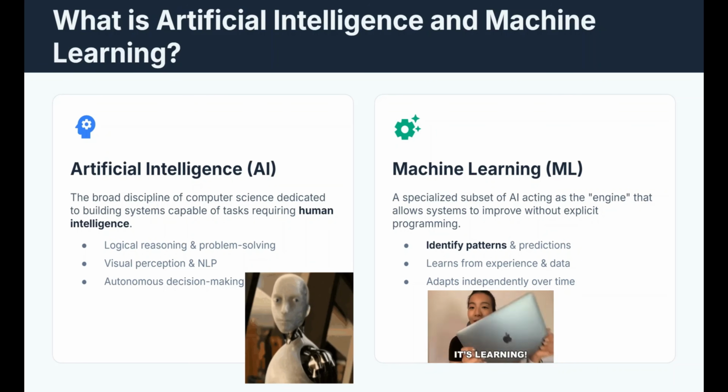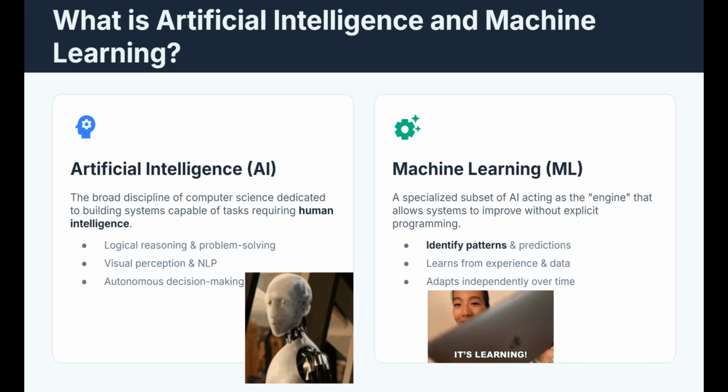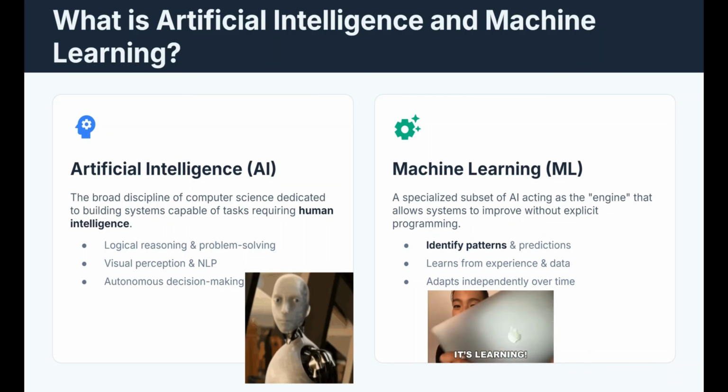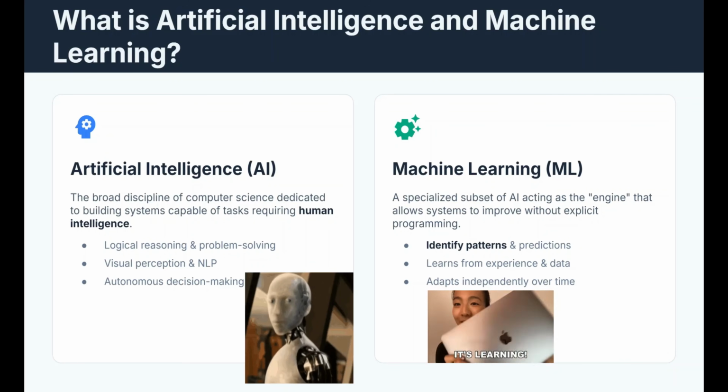It encompasses a wide range of capabilities, from logical reasoning to problem solving to visual perception and natural language processing. Ultimately, AI aims to create autonomous machines that can sense their environment and make informed decisions to achieve specific goals, effectively acting as